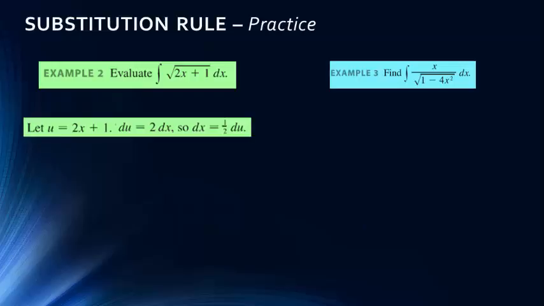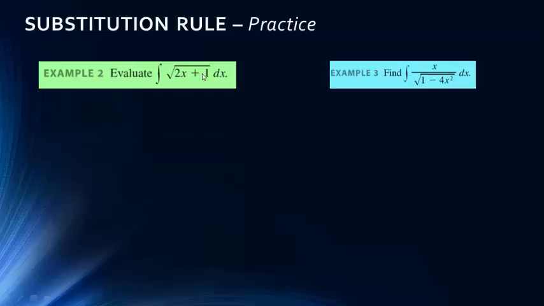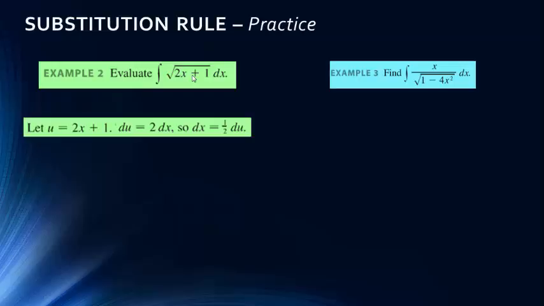So here it may look like we have something straightforward, but again, we have a function inside of a function. We have the function inside, which is 2x plus 1. The outer function is the square root. So we cannot simply take the integral of this. So if we make the inside function be u, 2x plus 1, notice du is 2dx. Again, all I have is a dx here, so I divide both sides by 2, and I get dx equals